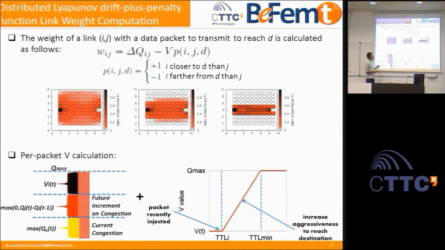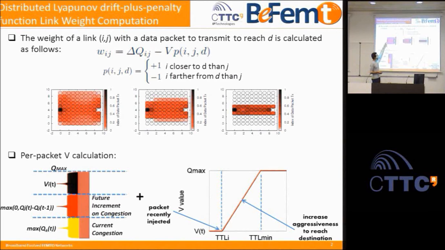Then, when we combine both this backpressure component and the geographic component in the form of this P function, we weight both through this V parameter that we have next to function P. And this V parameter is very important, as you will see in the real-time demo that Jose will show you afterwards, because by appropriately weighting this parameter, and this is what is illustrated in the figures below, what these figures represent are